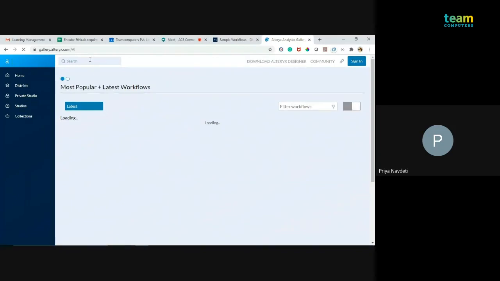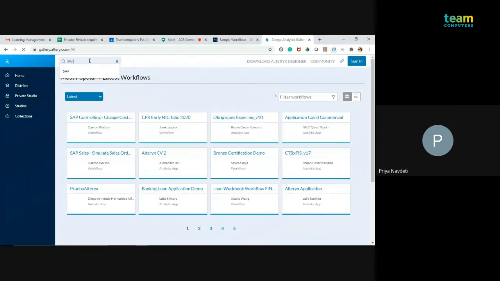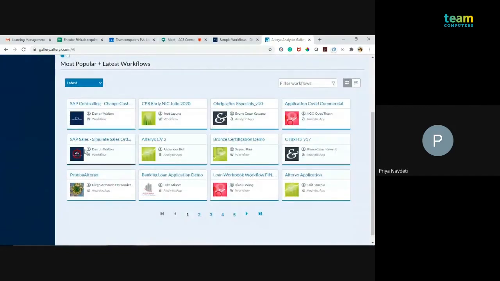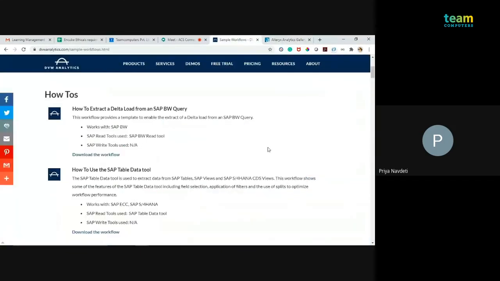We just have to search for SAP, and here, like SAP controlling, examples are available. So you can go through these examples if you have Alteryx and the DBW SAP login.